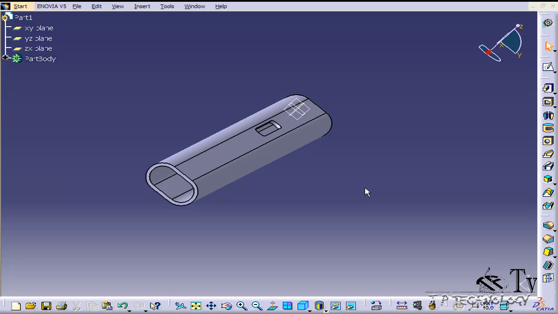This is tutorial number 91, and it covers how to use the compass translate part feature within Catia V5. To start off, open up tutorial part number 87, which is located on the DVD. So what we're going to do is I'm going to show you how to use the compass to translate and